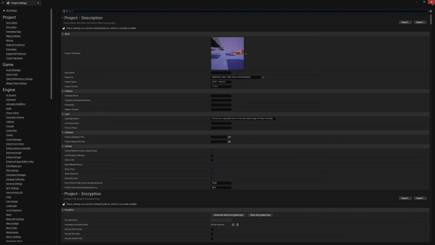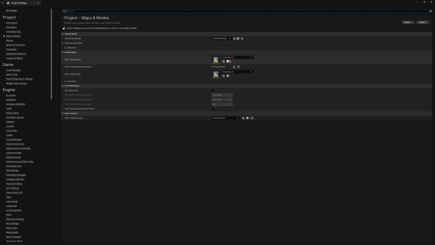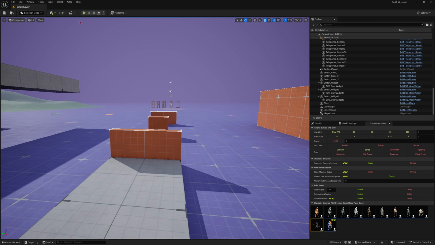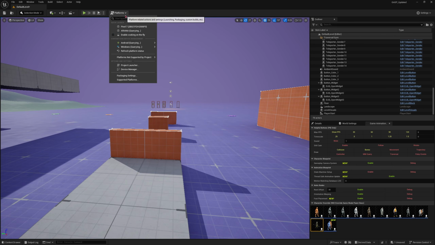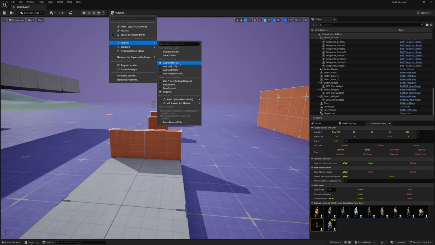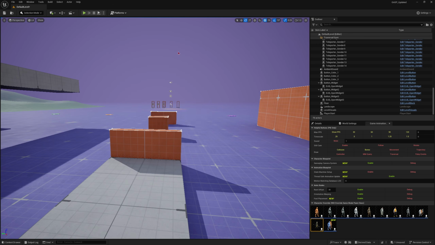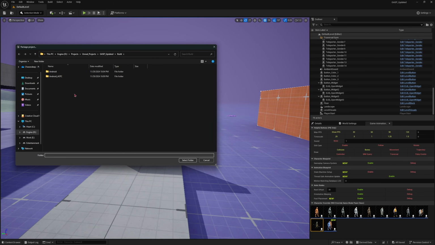All right, I think that is it. So in the maps and mode, it has been set. Yep. Okay, now you just have to refresh first, go to Android, ASTC, shipping build, package, and this time I'm just going to create a new folder,